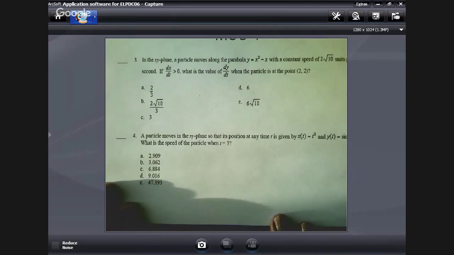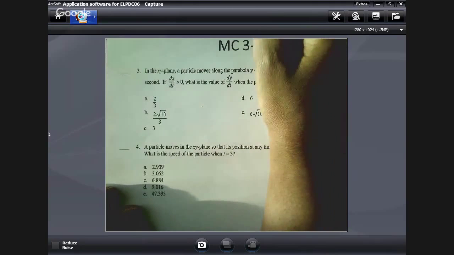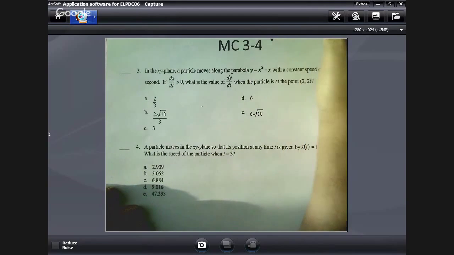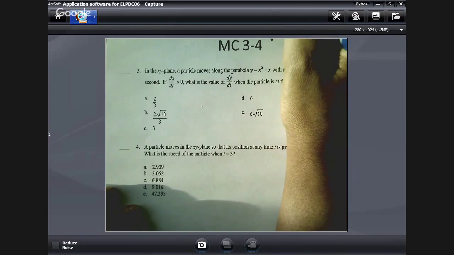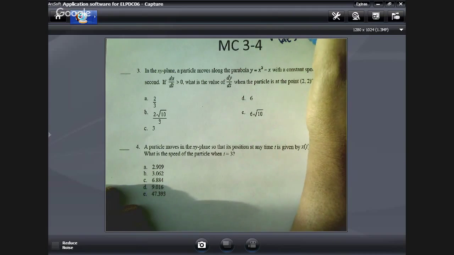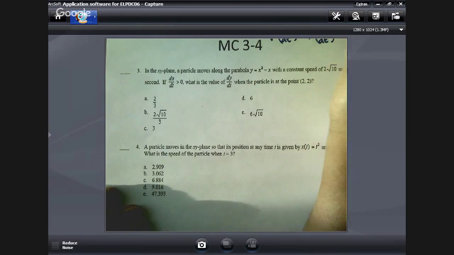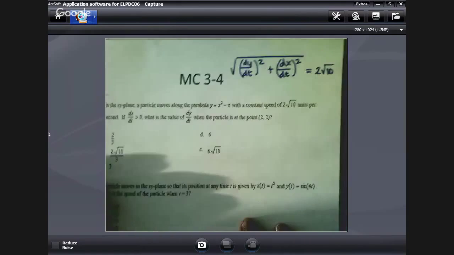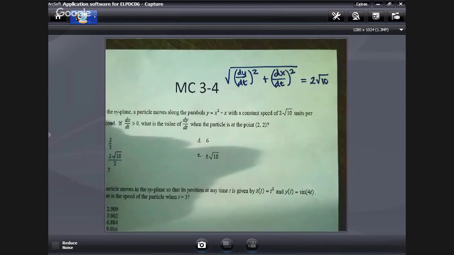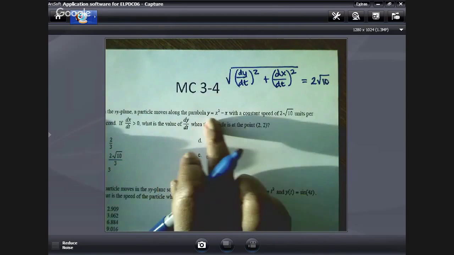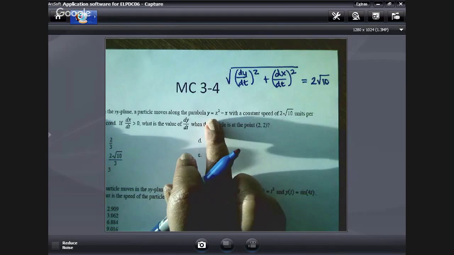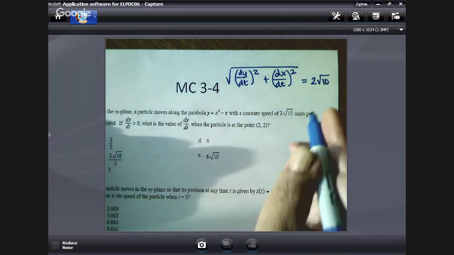Well, what I'm going to say is this. Speed, I'll start writing up here, right? Speed is the square root of (dy/dt) squared plus (dx/dt) squared, and that's going to be equal to 2 square root of 10. You can't see anything I just wrote. Okay, there we go. So if I differentiate this equation with respect to t,